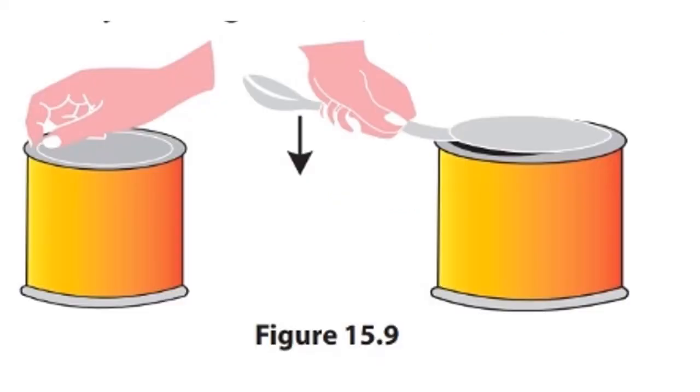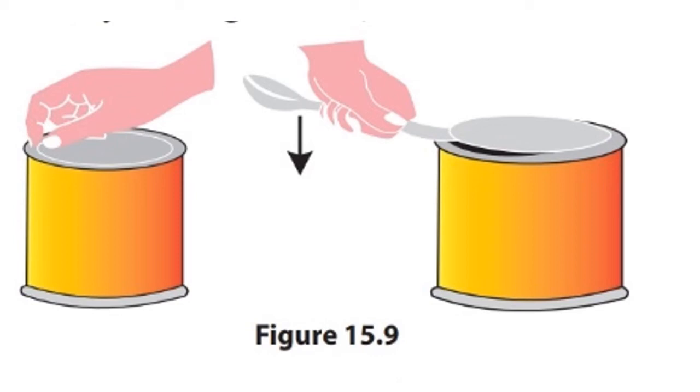No measuring units are there. To remove the lid of a tin can, you can lift it with your fingers, but it is difficult. An easier way is what you can see in this figure. Here the handle of the spoon is used as a lever. One end of the handle of the spoon holds the lid of the tin. It's the load. One point of the handle rests on the edge of the tin can. This point is the fulcrum. When a small force, the effort, is applied at the free end of the handle, the lid is thrown up, so the lid of the can is removed easily.